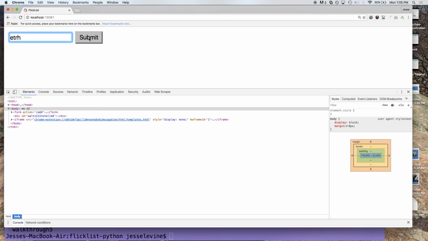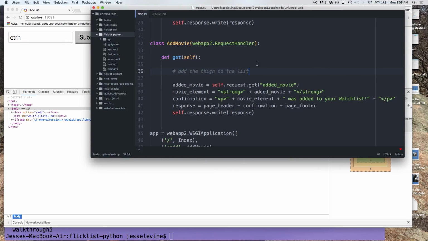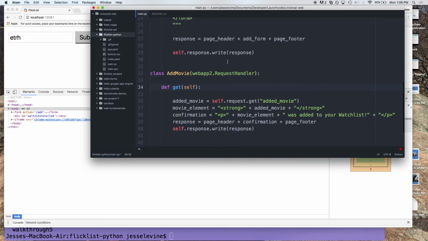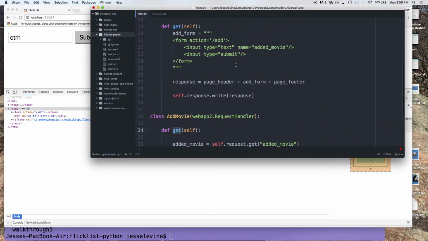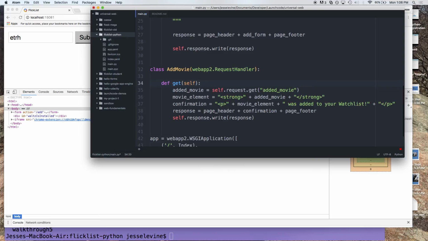It shouldn't happen again if I refresh the page, etc. So the big thing I'm getting at here is the big difference between a GET and a POST request. What we really want here is a POST request. And the reason why is that it's going to be harder to